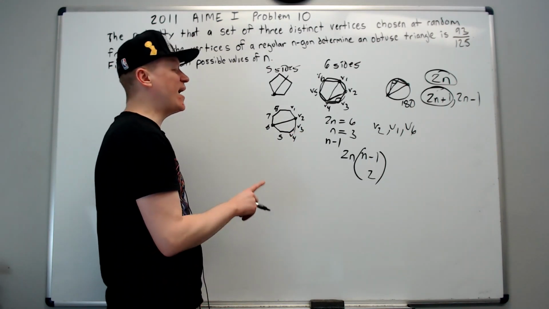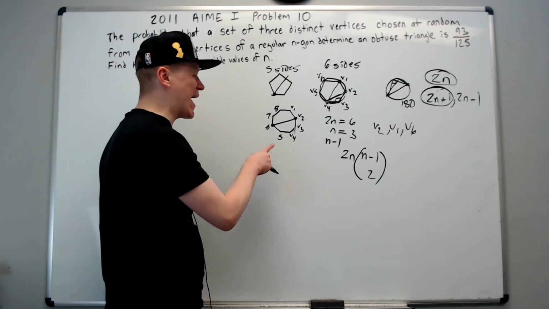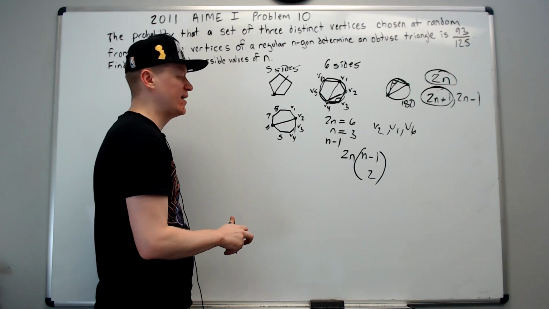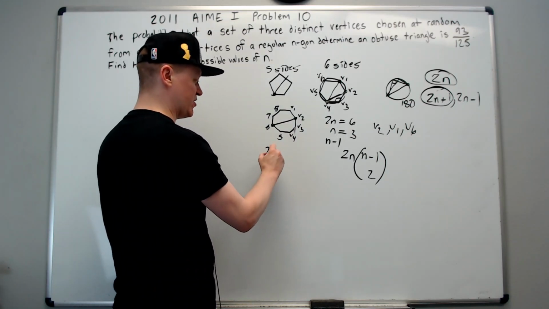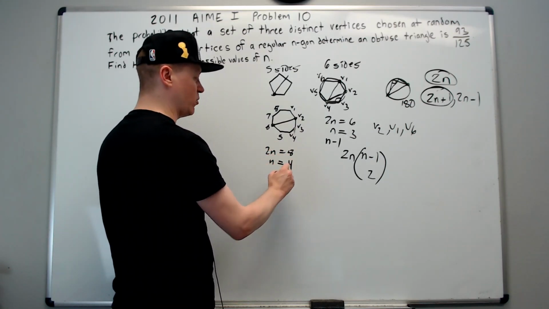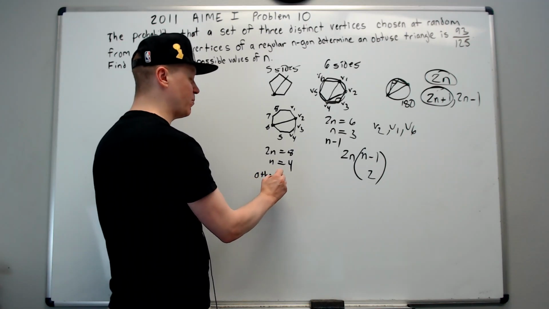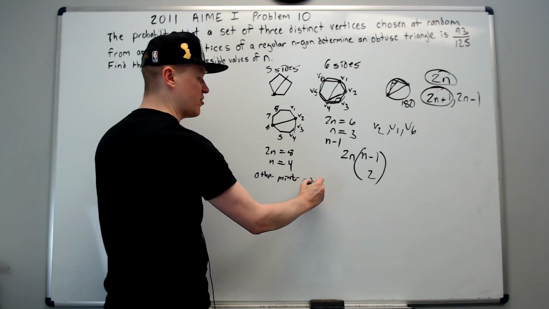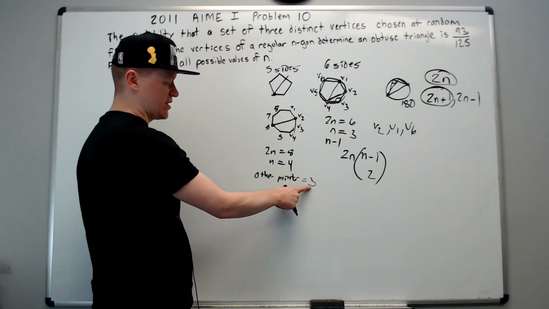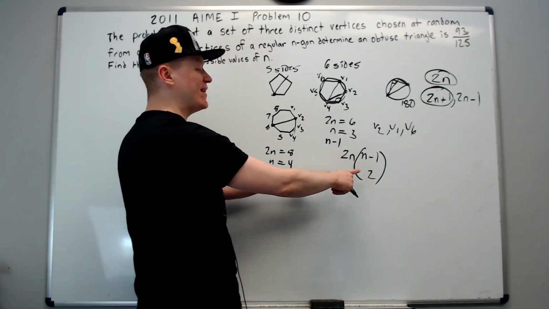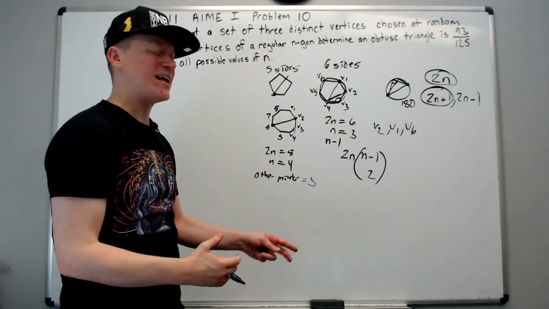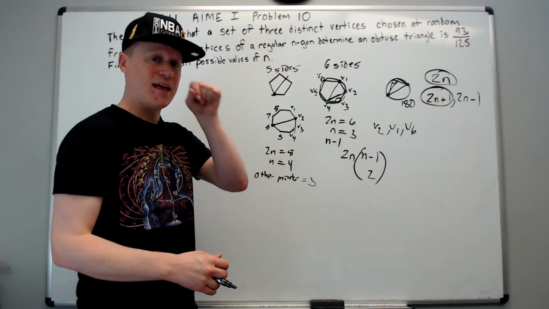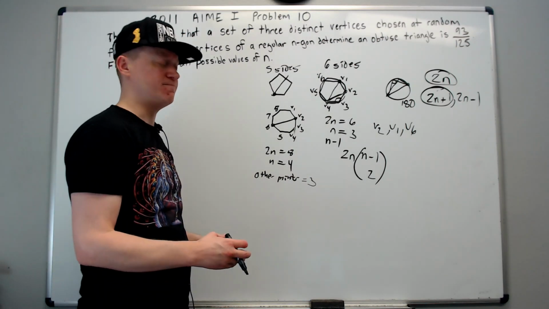So how many other points could I choose from after the choice of V6 as my leftmost point? Well, again, this would be 2n equals 8 and n equals 4. And for the other points to choose, I had 3 choices to choose from. You'll notice that 3 is 1 less than 4. This is a valid approach to count the ways I can choose 3 vertices that will create an obtuse triangle.